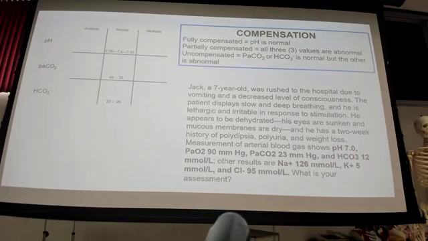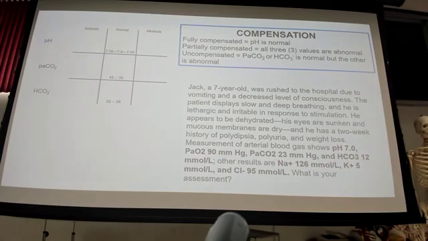Jack, a 7-year-old, was rushed to the hospital due to vomiting and a decreased level of consciousness. The patient displays slow and deep breathing, and he is lethargic and irritable in response to stimulation. He appears to be dehydrated. His eyes are sunken and mucous membranes are dry. And he has a 2-week history of polydipsia, polyuria, and weight loss. Measurement of arterial blood gas shows a pH of 7,